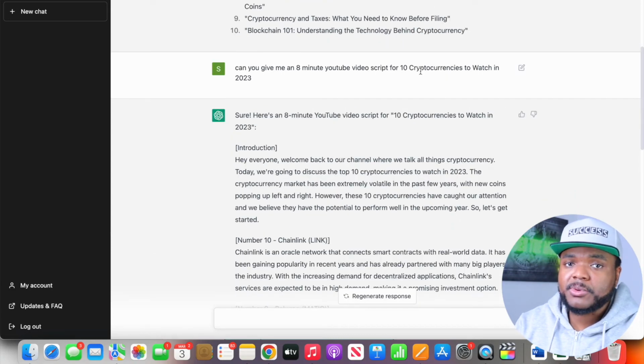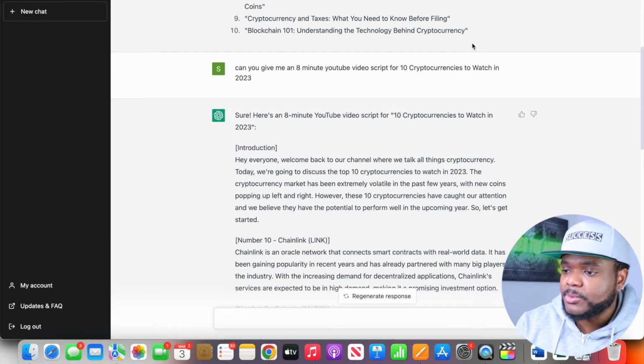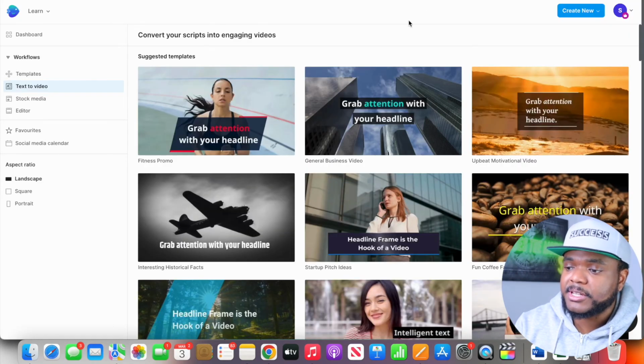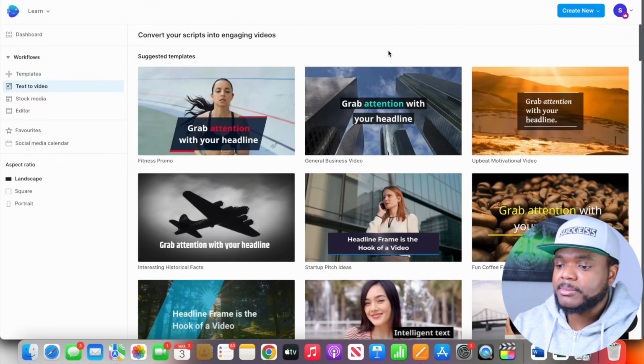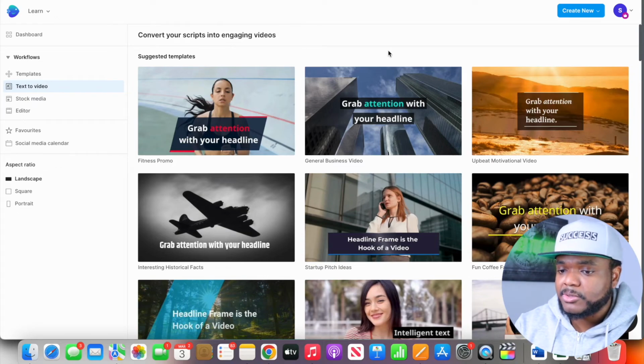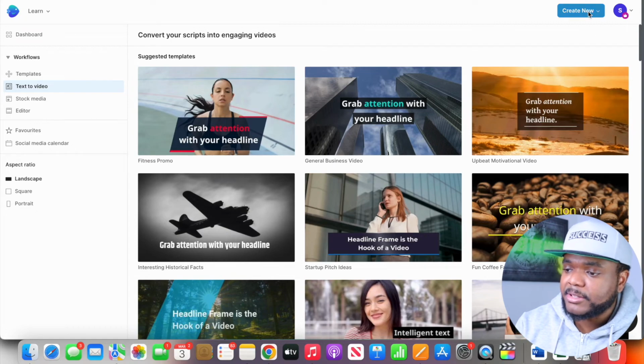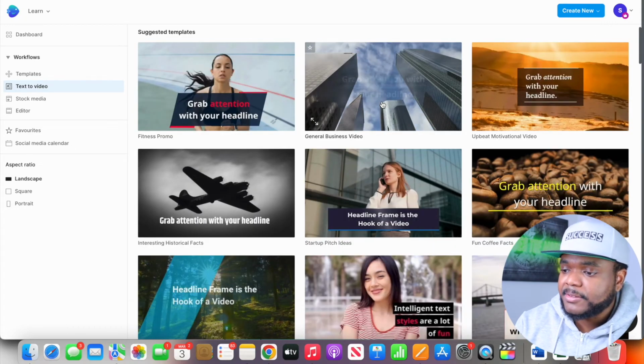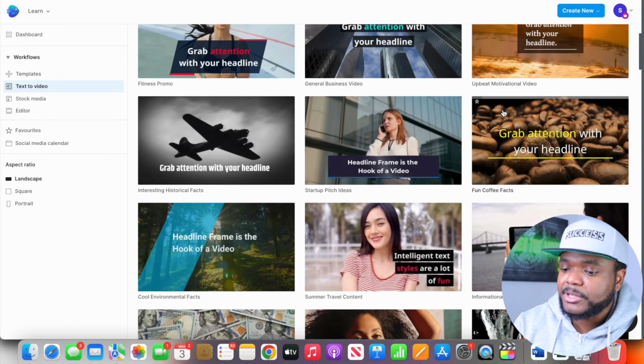And then the next stage after all of that, when it comes to actually producing the video, is to use another AI tool or a video editing software called Invideo. And again, this is also free to use when it comes to playing around with it, seeing exactly how it works. And when it comes to making a video using this software, you're just going to simply come over here to where it says create new, then click on one of these different templates that suit the type of video that you're trying to create.